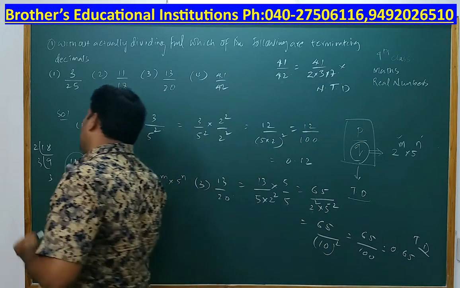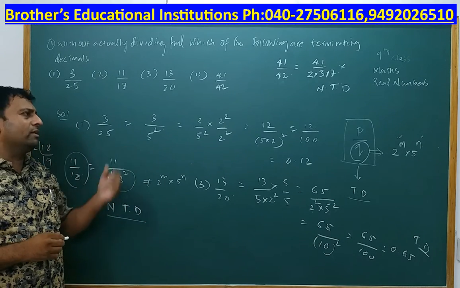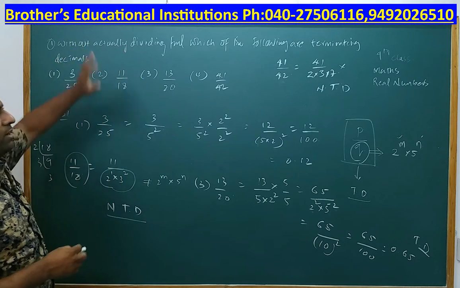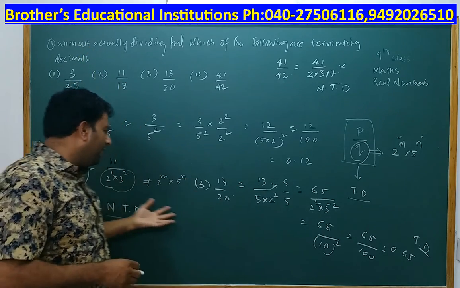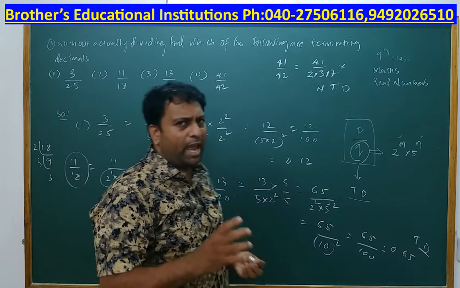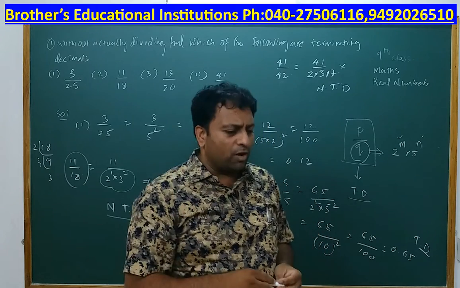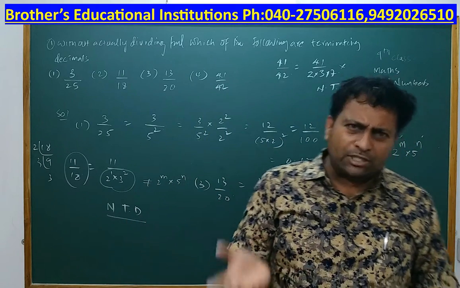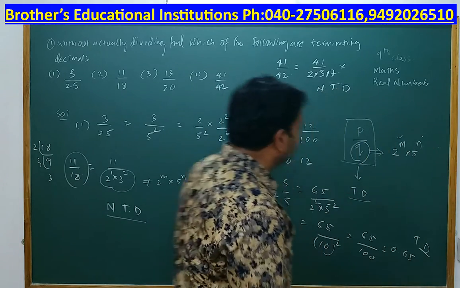So this is a very, very easy, simple method to know whether the given rational number is a terminating decimal or not, and in case it is a terminating decimal, it is a very easy method to determine the decimal form without performing actual division. So I am sure you understood this concept. Now let us move forward and try to represent rational numbers on an integer line. So please have your pen and paper.